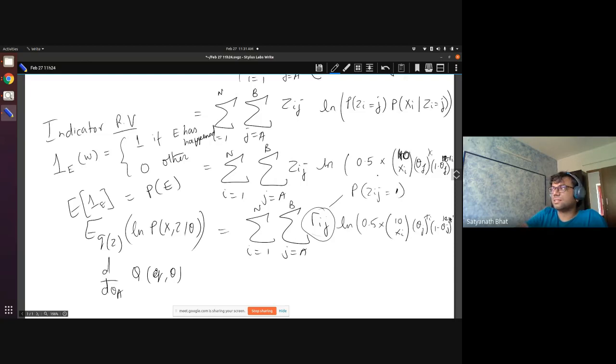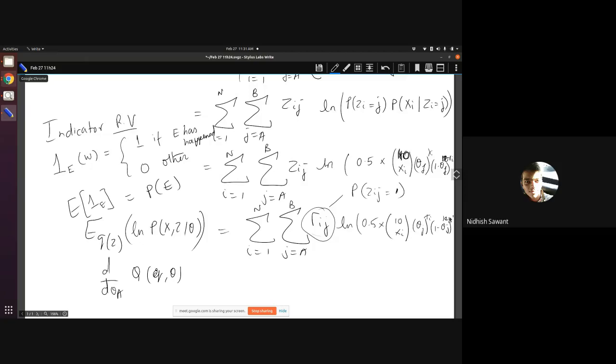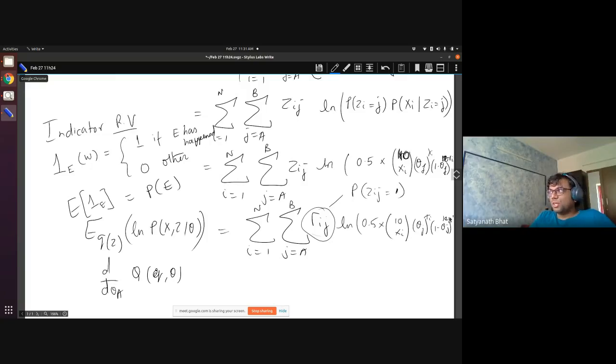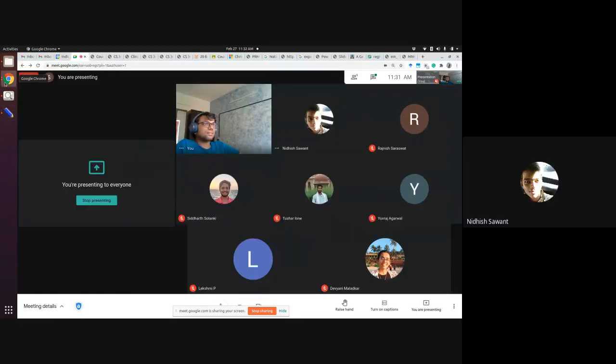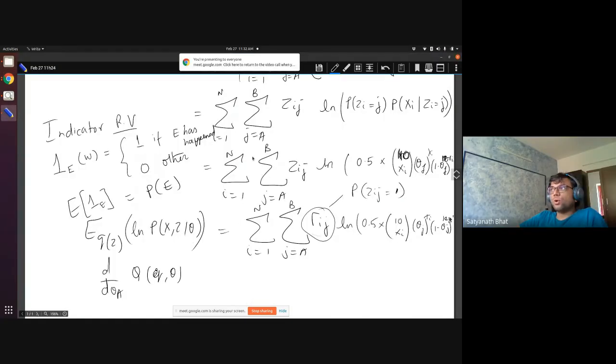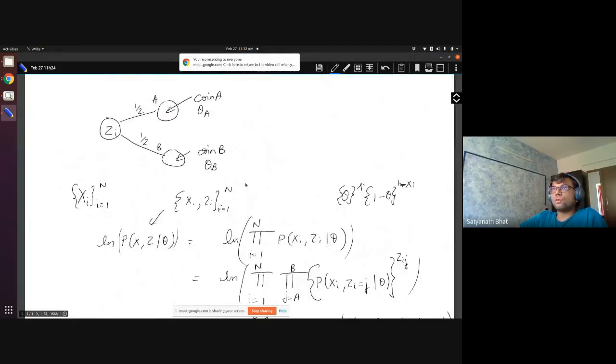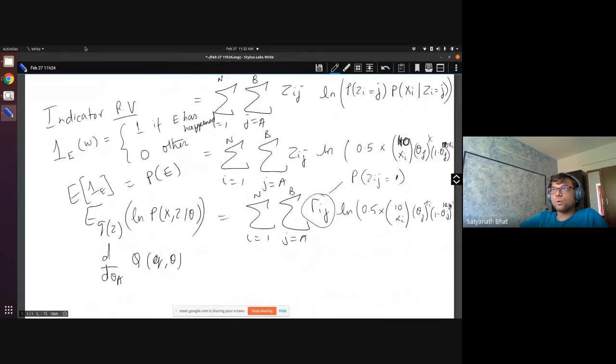Nitish, does that make sense? So it means that Zij will be 1, so it will be 1 into the probability of Zij being 1, no? Yes, but that is equal to P of Zij equal to 1, right? 1 into the probability that Zij equal to 1, which is nothing but P of Zij equal to 1, yes? Yes, sir. So go through this video also. I will share this with all of you, and you ask me if there are any more questions later on.